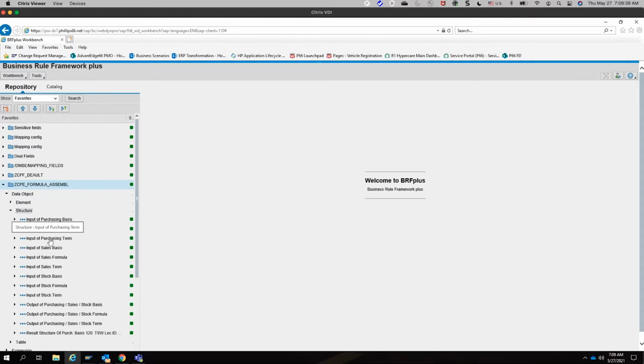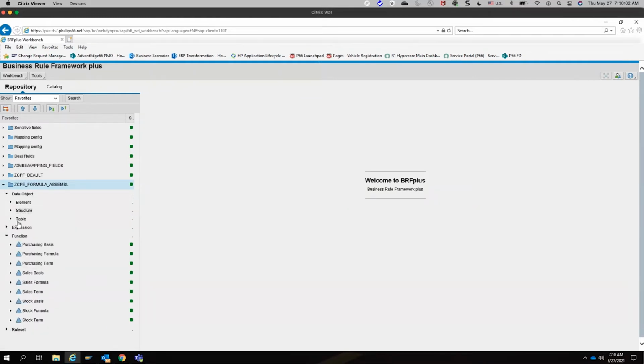Like whenever we run a decision table, a decision for determining formula or the term details, we provide some input data to get the output data, right? So there are some input structures already provided and also the output structures. And these structures are available for formula level, term level, and the basis pricing, all of this. I'll come to the table later, and the reason is I'll start with the functions. So within a function,